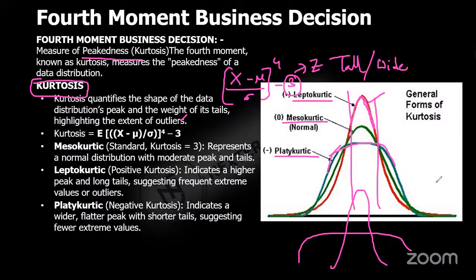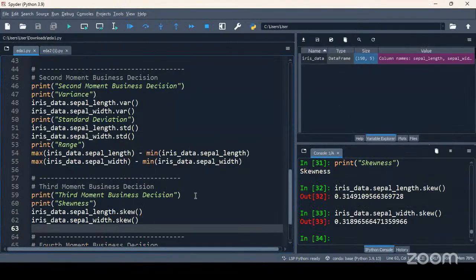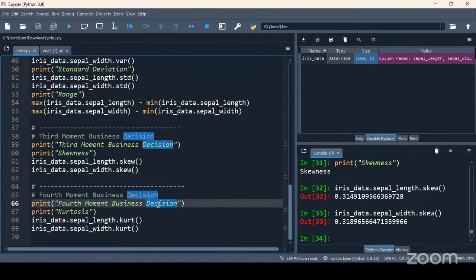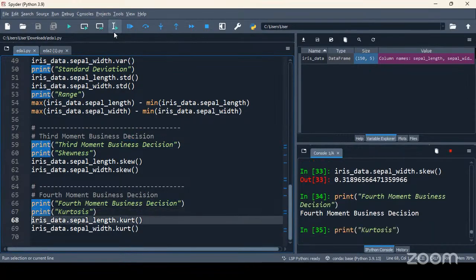Now let us also calculate the kurtosis for the columns. I'll use the function kurt, which is used to calculate kurtosis. I'm printing the message, then printing kurtosis.